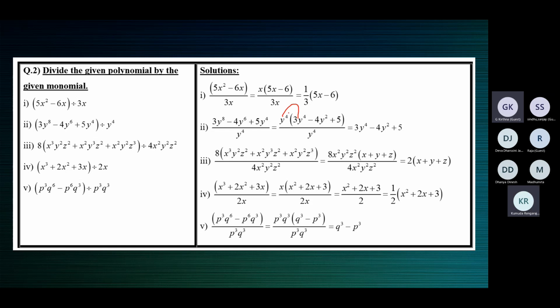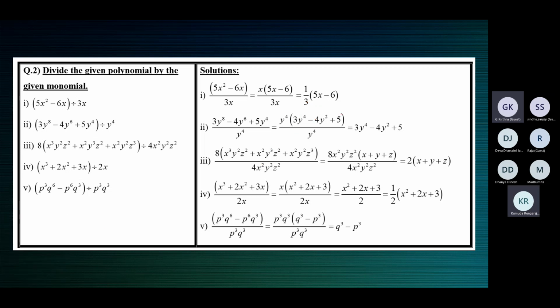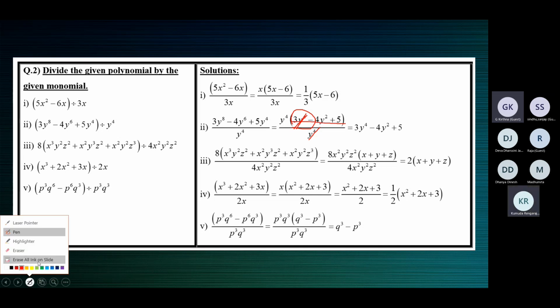This into this should give you the first term. This into this, the second term. This into this should give you the third term. Divided by y to the power 4. Now, as I told you in question number 1, y to the power 4 and this y to the power 4 cannot get cancelled. Because this y to the power 4 is not free. It's a part of 3y to the power 4 and that is a part of this expression. You cannot disturb anybody in it.